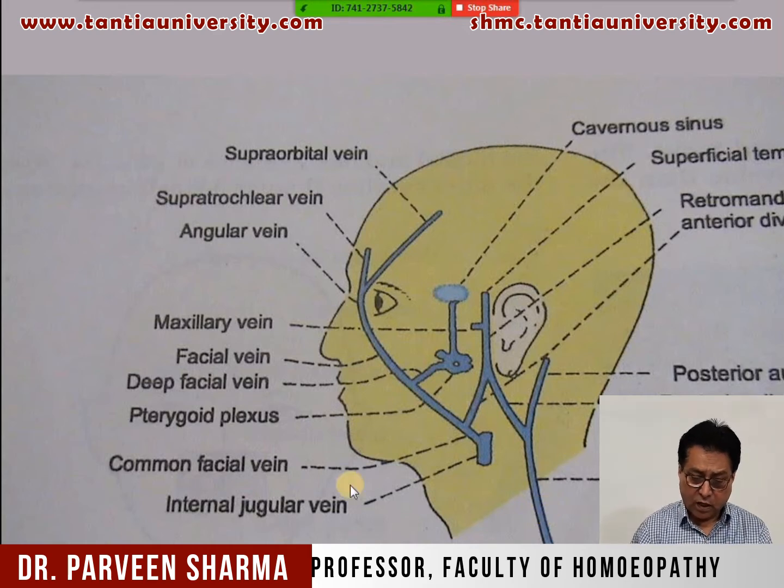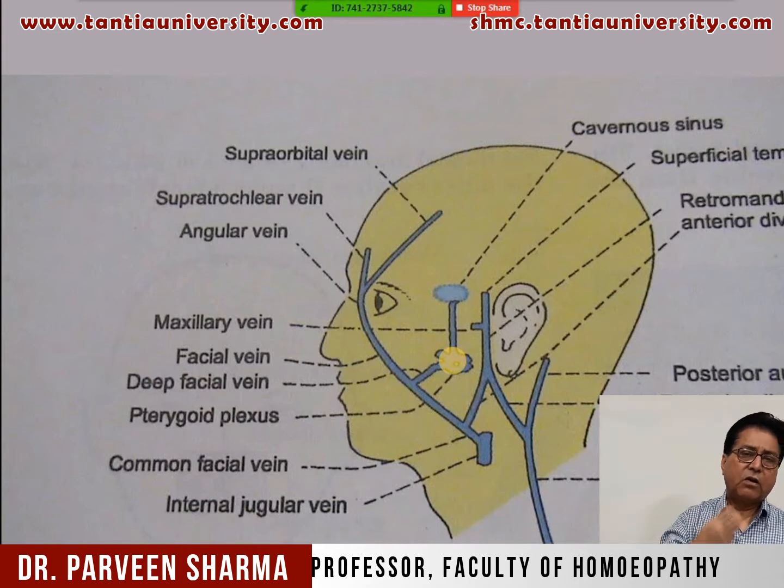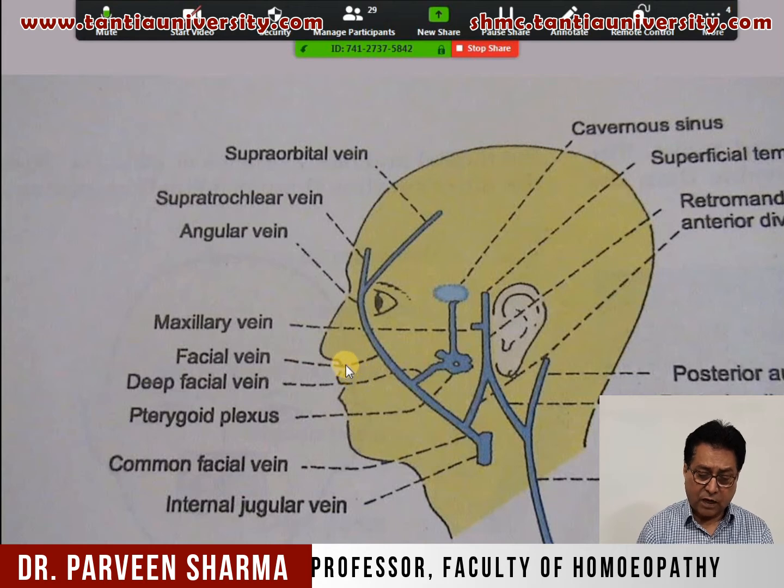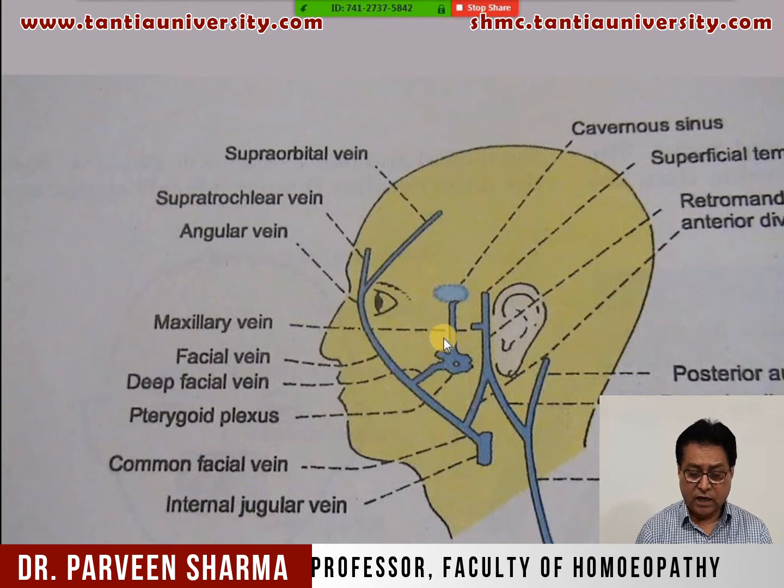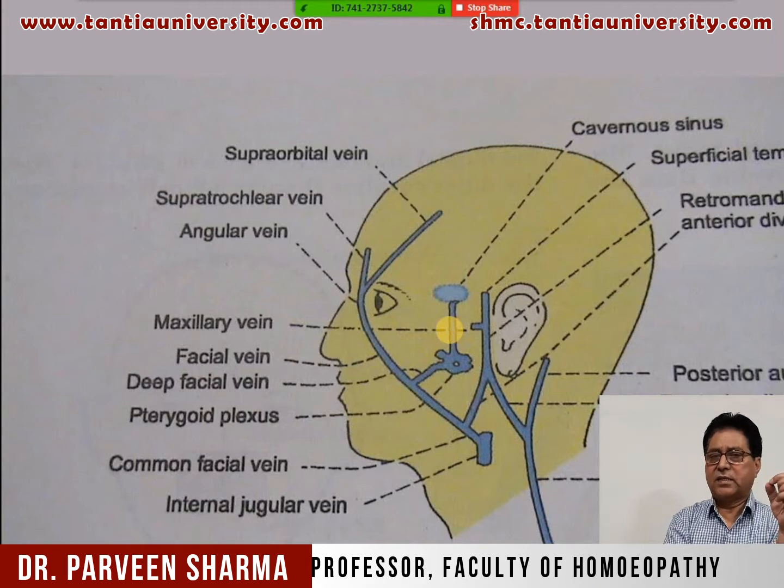Just now I told you, here you have the pterygoid plexus of veins. This pterygoid plexus of veins lies on the pterygoid muscle, which is a muscle of mastication. Through this pterygoid venous plexus, there is communication with the cavernous sinus. So the area around the upper lip and nose has connections of the extracranial veins with the intracranial veins, which are known as emissary veins. I told you in the skull, emissary veins are those veins which connect the intracranial veins with the extracranial veins. So any infection outside of the cranial cavity, when it goes inside the cranial cavity, can be dangerous.